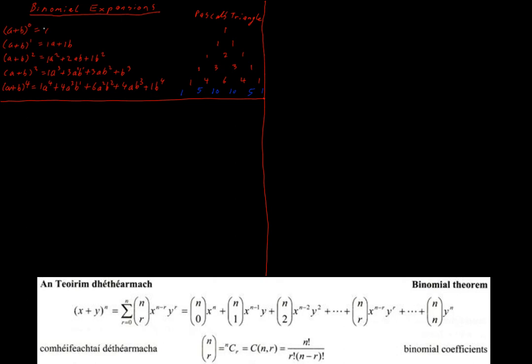Keeping in mind that if we look at our number of terms, we end up with effectively n plus 1. If n is the power on our bracket, we end up with one more term than n. So if we have 0, we have one term. If we have power of 1, we end up with 2 terms. If we have power of 2, we end up with 3 terms. So we end up with the power plus 1 number of terms, and Pascal's triangle is giving us the coefficients